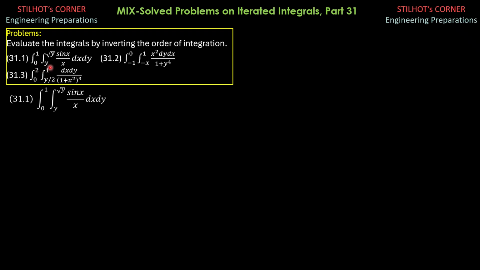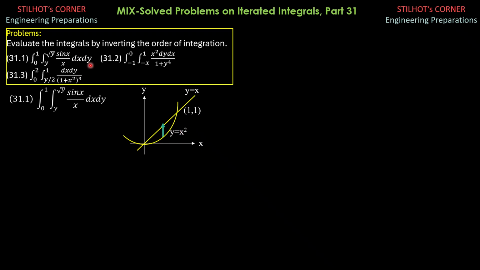So imagine the lower limit, inner limit is y, so this is equated to x, so we have y equals x, and upper limit square root of y equated to x also. So that means we have a line y equals x, this one, and square root of y equals x, so that means y equals x squared, which is a parabola open upward. So we have here y equals x squared.